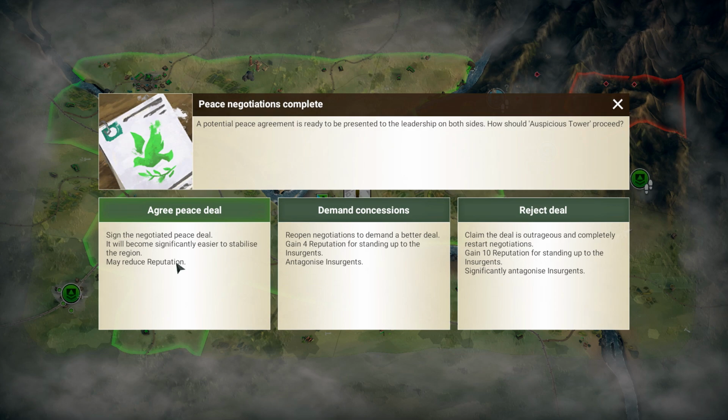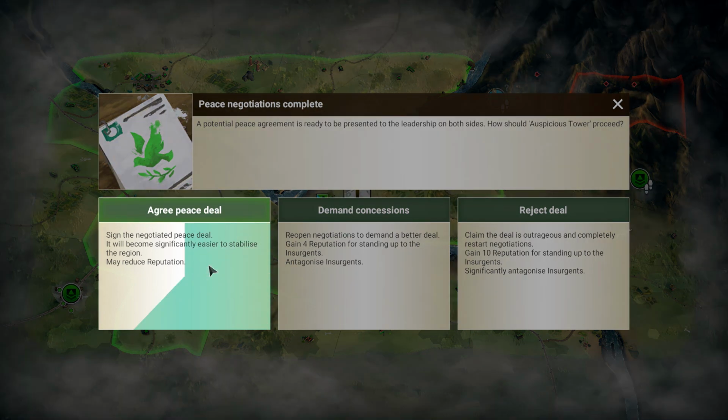Now, this costs you reputation. The number of insurgents on the map and the number of zones they control increases that cost. If you have enough reputation, they will declare peace, lay down their arms, and you basically just win. But if there are a lot of insurgents on the map and you agree to a peace deal, you can lose so much reputation that you basically just lose outright. So this is a bit of a risk. On the other hand, I know how many insurgents are on the map. It's not too many. And I have a lot of reputation to lose, which means I can afford to agree